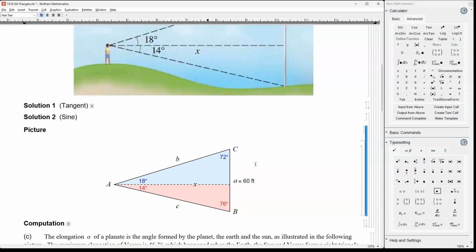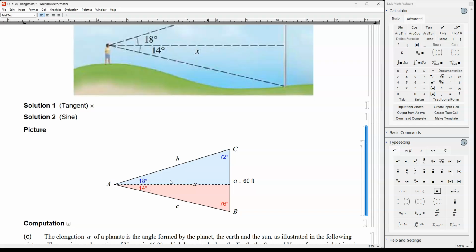And small a here is 60 feet, the entire height of this flagpole, alright? I'm recycling this small a from the previous solution, so it may cause confusion. Hopefully it doesn't. Alright. So small a is 60 feet, capital A is, let's see, 32